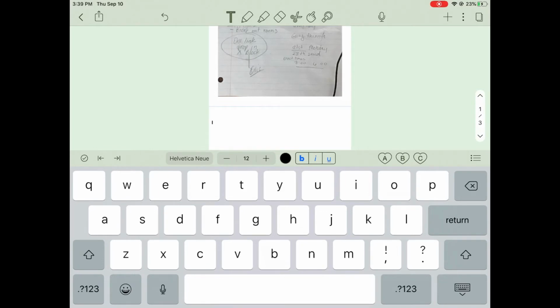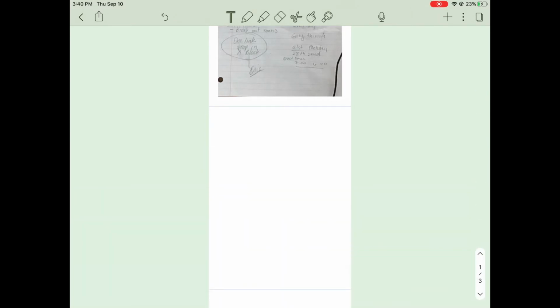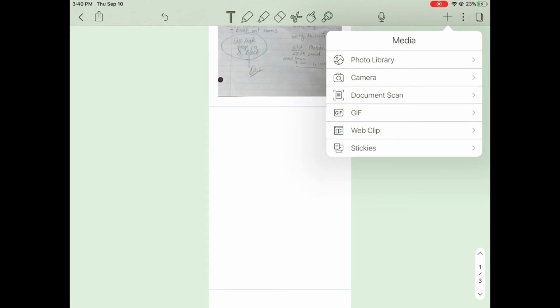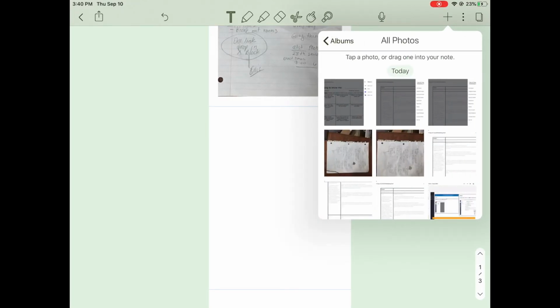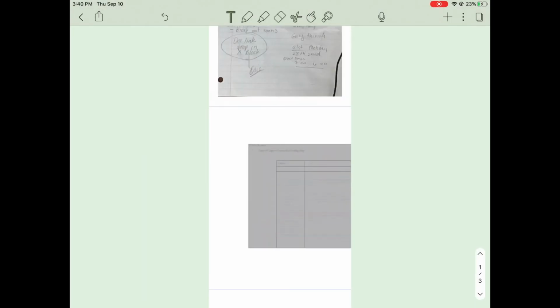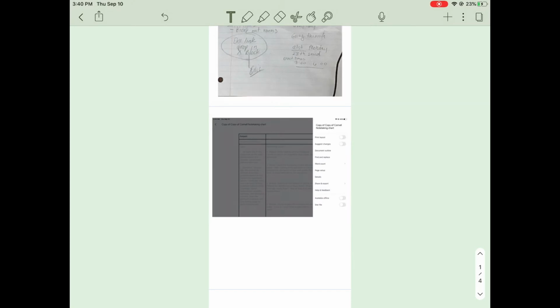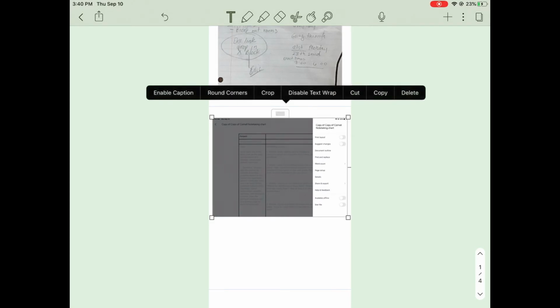page and move my cursor there in order to go to the plus button again and add something else. In this case, I had something saved that was actually a screen capture. This could be of a website, or it could be of some directions. I'm going to take that image that I screen captured and insert it. Again, it's on the second page of the Notability document, and I can expand this to make it larger. I want to make it at least the width of this paper in order to make it again usable for